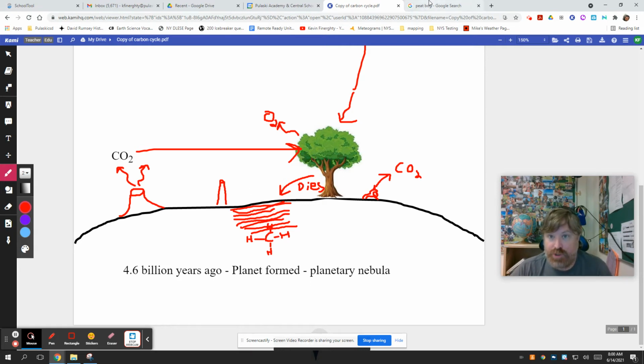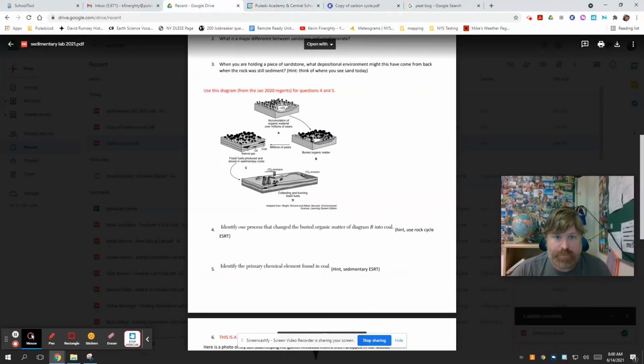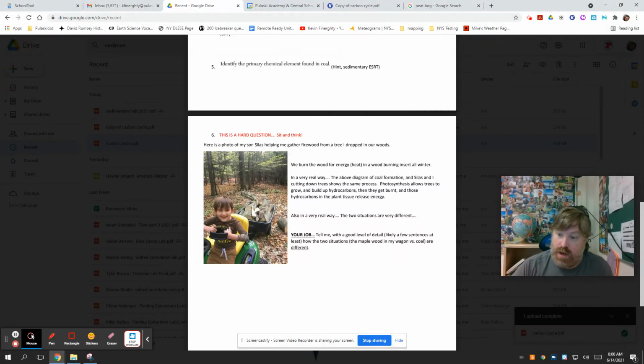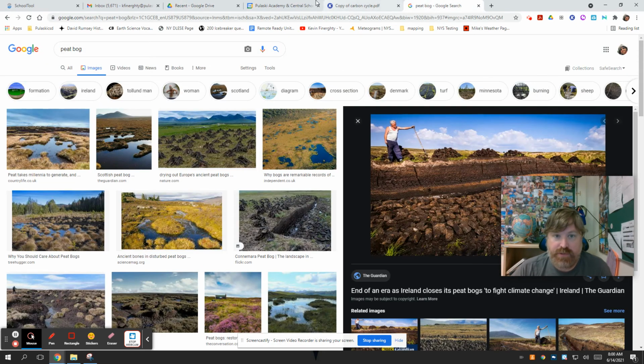If I go and I burn a tree today, I'm burning carbon dioxide that was already in the atmosphere presently. And again, it's carbon neutral. If I go and do this,